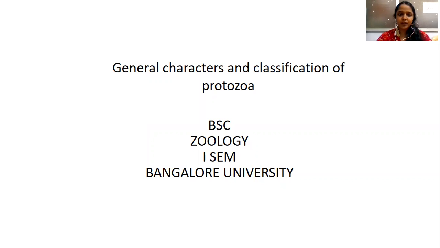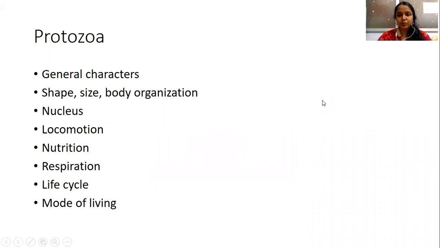In this video, I'll be explaining general characters and classification of protozoans. Protozoans are the primitive organisms in the animal kingdom. These are the very basic and primitive organisms which comprise the basic and primitive characters. When we look into the general characters of protozoans,